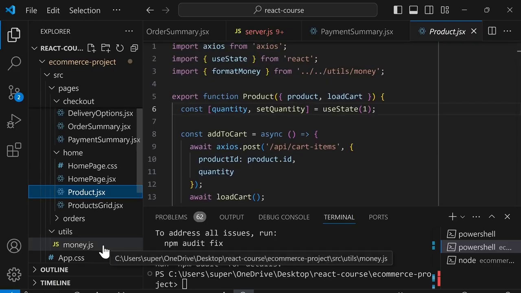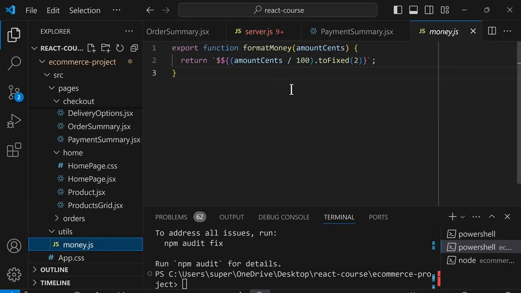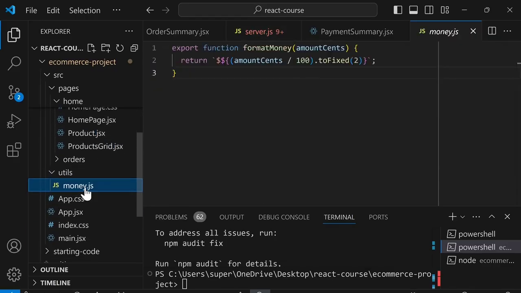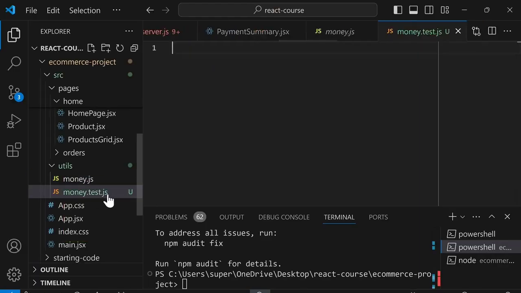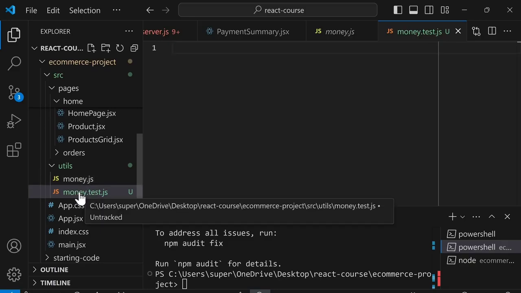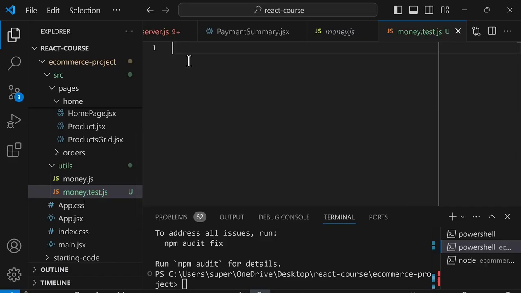So we'll start by creating unit tests for formatMoney. So we're going to go to this money.js file, and beside this file, we're going to create a new file for the tests. And we'll name it the same, money, but this time we'll end with .test.js. So the naming convention is to put it beside the original file and end it with .test.js. Now inside this test file, at the top we'll import curly brackets it